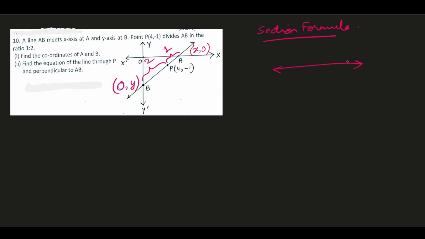I'm considering this line only. Suppose this is A and this is B and here somewhere lies P. So this is 1, this is 2. So 1 is to 2, PA then PB, 1 is to 2. A is (x, 0), the coordinates of B is (0, y) and coordinates of P is (4, -1). So according to the section formula,